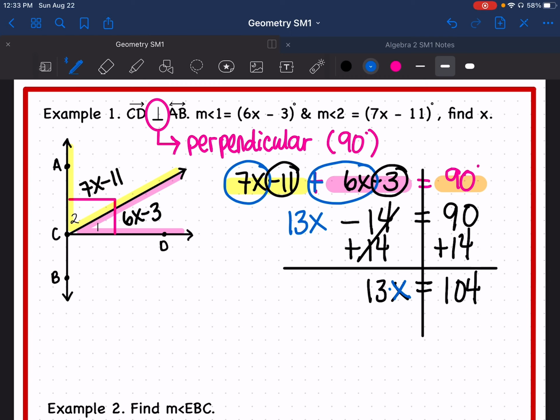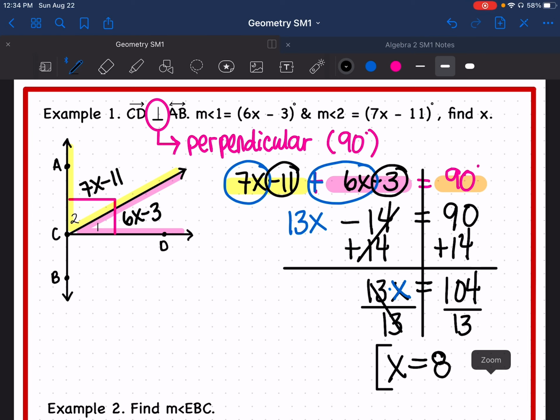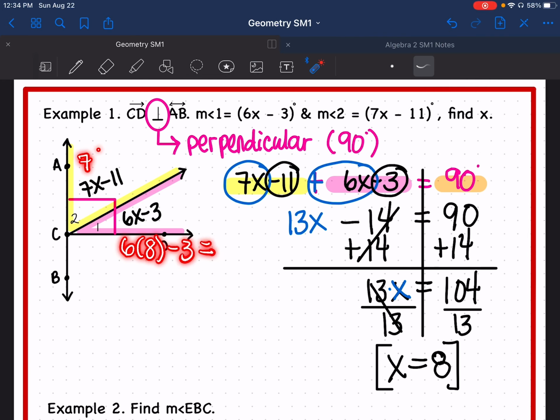Remember, there's multiplication hiding in there. So if you're going to get rid of the multiplication, you must do its opposite, its inverse, which is division. Remember, you're always dividing by the number in front of the variable x, and that would give me 8. You can go back and check it by plugging it in. Remember, if you're asked to plug in, I didn't on this question, you would for this angle do 6 times 8 minus 3, and here you would do 7 times 8 minus 11, and that's how you would get your